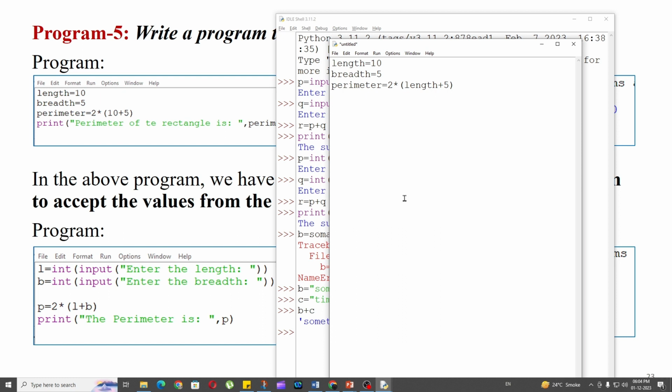Instead of writing length plus 10 plus 5, I can write 10 plus length plus breadth here like this, and then I'll come down to write the print command, and perimeter is equal to